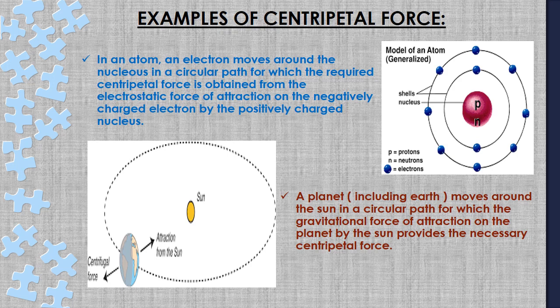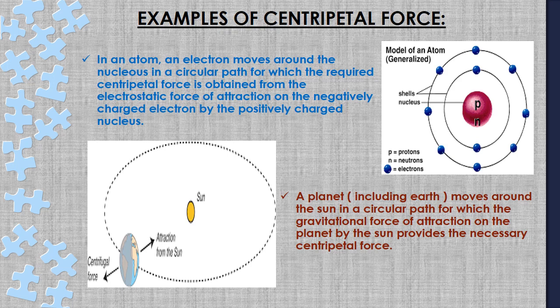Due to the positive charge on the proton, the nucleus is considered as positively charged and electrons are negatively charged. And these electrons are attracted towards the nucleus due to electrostatic force of attraction, and this is towards the center, that means towards the nucleus. And this force of attraction provides the required centripetal force to the electrons, due to which the electrons keep on revolving around the nucleus. That means they are moving in a circular path.